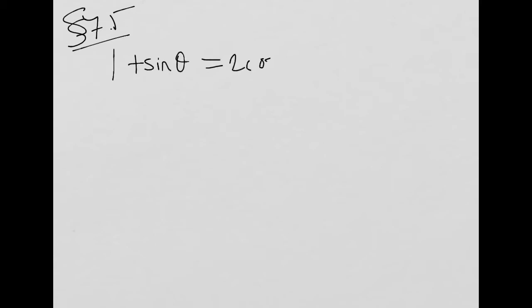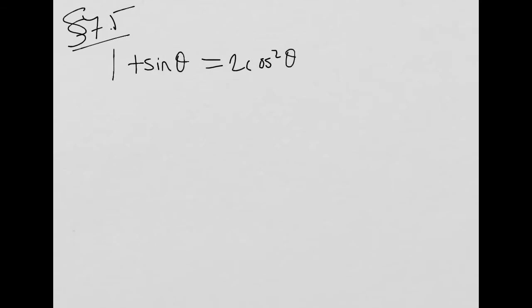So finishing out Chapter 7, Section 7.5, I wanted to show you just a few other kinds of trig equations. Now we want to break these down into the sort of techniques we used in the last section. So if I start with something like 1 plus sine theta equals 2 cosine squared theta, what I would prefer